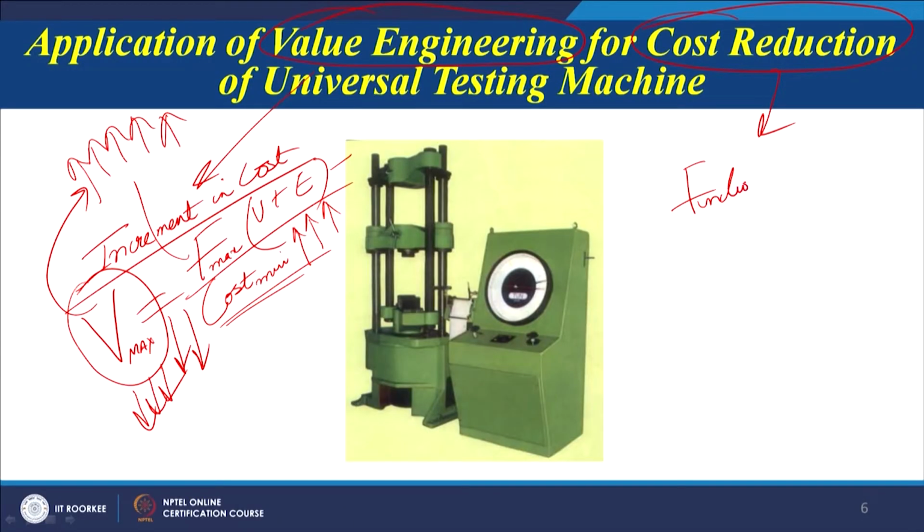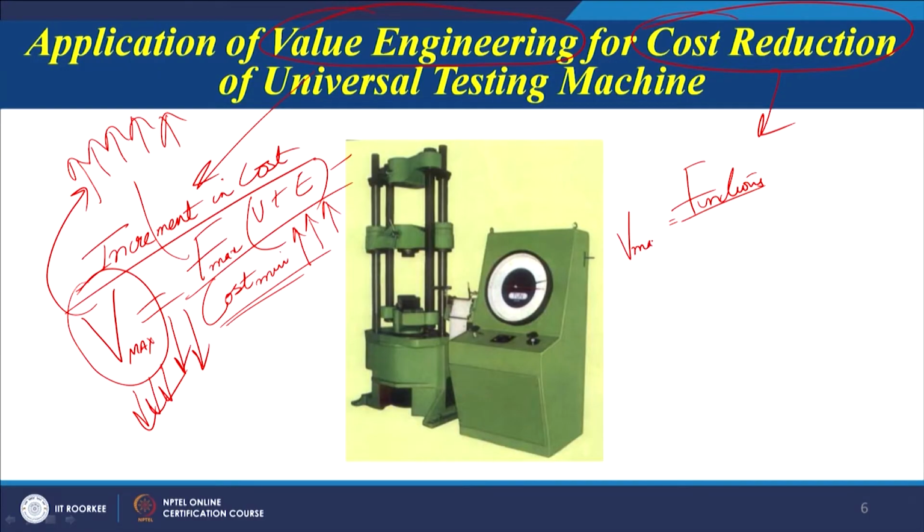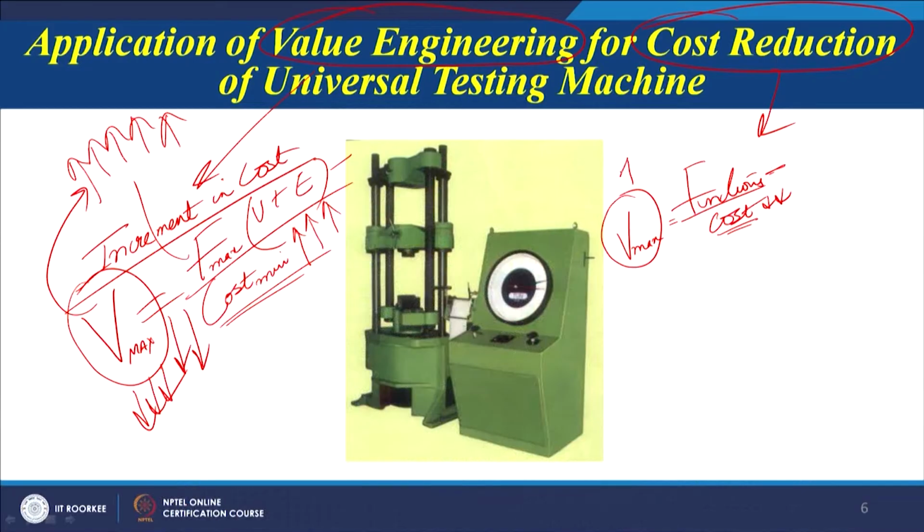If in the other case we are focusing on the functions which are not required by the user, which are redundant functions, unimportant functions, which are not adding any value to the product, we eliminate some of those functions. So, our value will increase because we are eliminating the unnecessary functions. When we eliminate those unnecessary functions, the cost associated with them will also be reduced. So, we will see that the cost has reduced, but only the unnecessary functions have been removed from the product design. In that case we will see that the value has increased because the cost now has reduced.